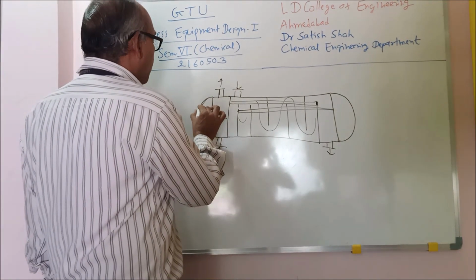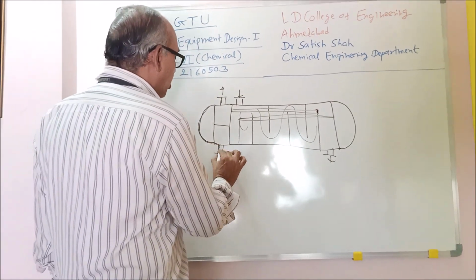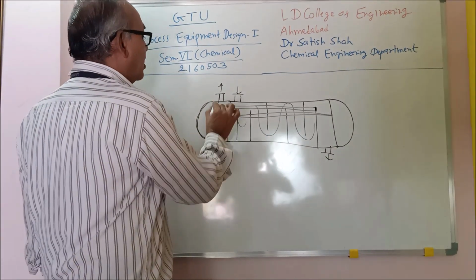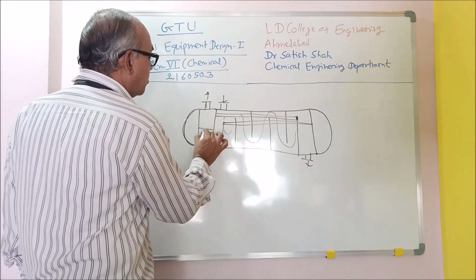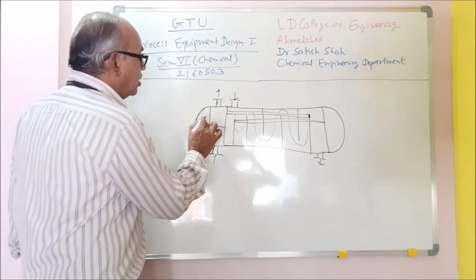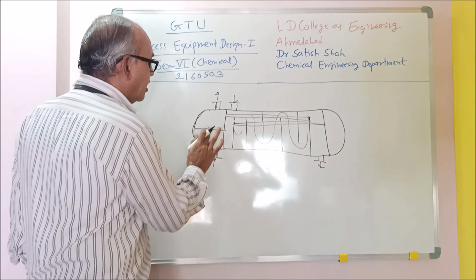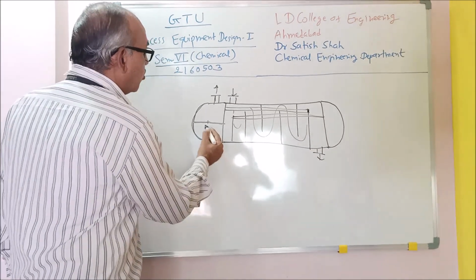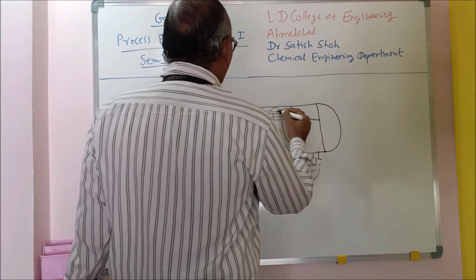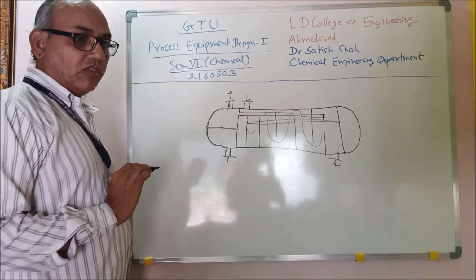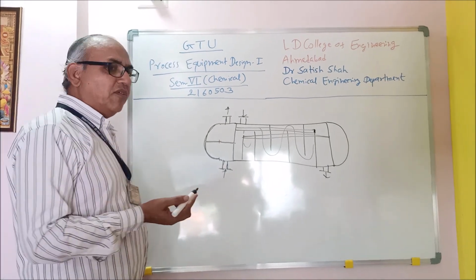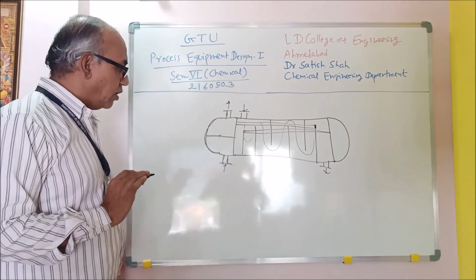Then we have the head. Then we have the nozzles. As you see here, I have the shell inlet nozzle and shell outlet nozzle. This is my tube inlet nozzle and tube outlet nozzle. This is the pass partition plate for the tube side. This is the pass partition plate. Here, this is the imaginary line, so I can even remove this line, because the fluid will enter over here. It will travel like this, and then it will again travel like this, and it will again return back. So this is known as a two-pass shell and tube heat exchanger. This can be one pass also, or even more passes are possible.